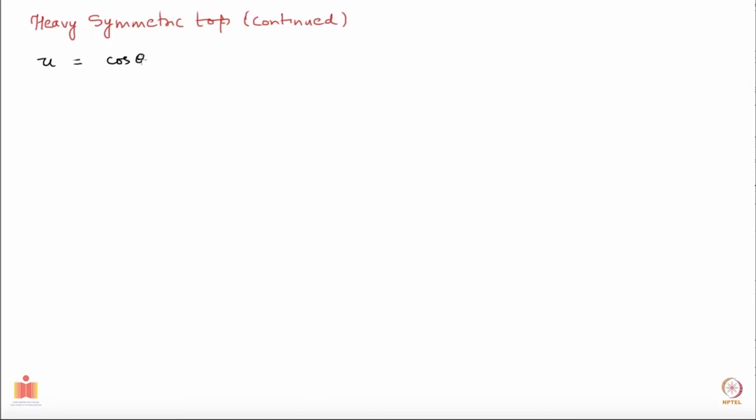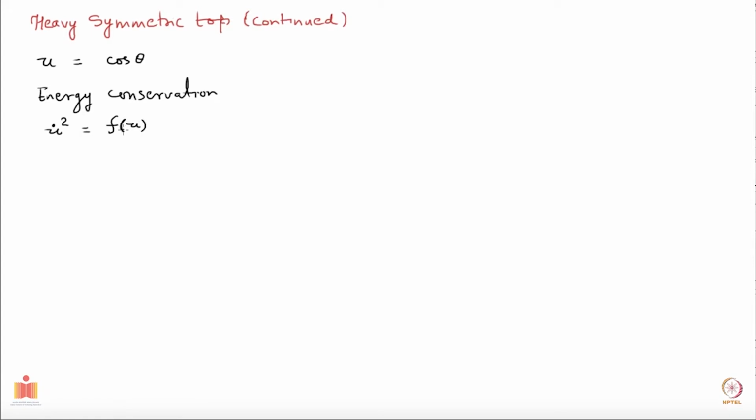Okay, so imagine your top to be put on the surface of the earth, and you are treating the field to be uniform. So that's what we did last time, and then with this definition of u, we could write down the energy conservation as the following equation. So we could convert our energy conservation equation to u dot square is equal to f of u. Okay, and this was equivalent to